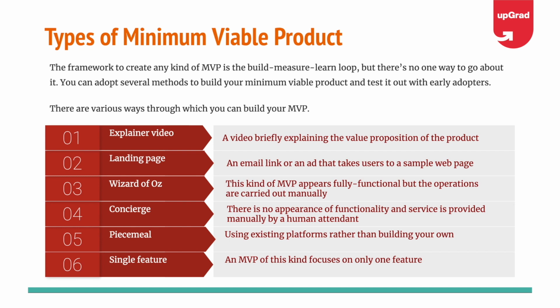So the MVP would be basically to just make it look like it's a very sophisticated product, but run it manually in the backend. You can just have a set of folks who can read the resume manually, and based on what they read in the resume, suggest some jobs to the users. For the users, it is a fully functional product, while the actual operations are carried out manually. And if that MVP is successful and you realize that people like this kind of product, then you can go ahead and build a proper product, because you cannot scale it with just manual people. So this is Wizard of Oz.